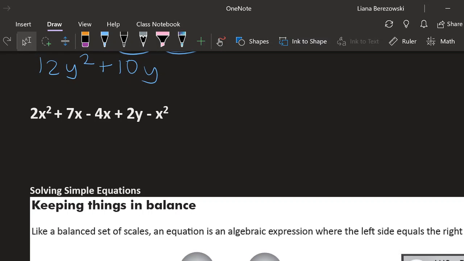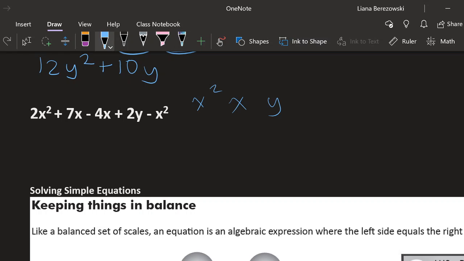2x squared plus 7x minus 4x plus 2y minus x squared. So this one's got a little bit more going on, both in that there are more than 2 variables and there are positive and negative numbers. So we have some integer fun to play with here too. Let's figure out what variables we have. I see an x squared, I see a couple of x's actually, and then I also see a y. So we can shorten this equation for sure, but we can only shorten it to a minimum of 3 terms, because we have 3 different variables. If we ended up with an equation less than 3 terms long, something wrong happened, okay?